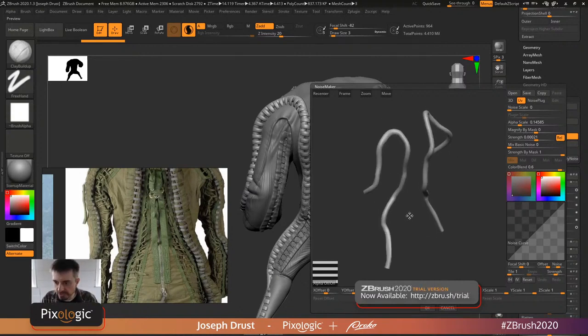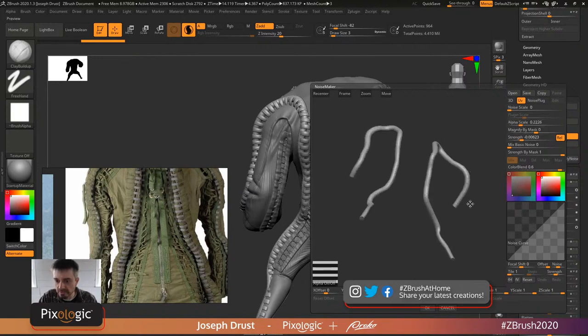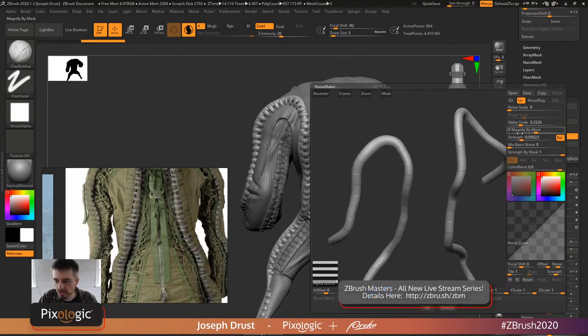Now with this loaded in, I can now come over here, and if I start adjusting my strength here, I can start doing that and changing my scale. And you can start seeing it apply on the mesh. This is giving me a very similar kind of effect that I had to that original one, right? So I'm just getting this kind of little bump to my hose. Now I can increase this and get a lot more, but it's basically just not doing much different than that